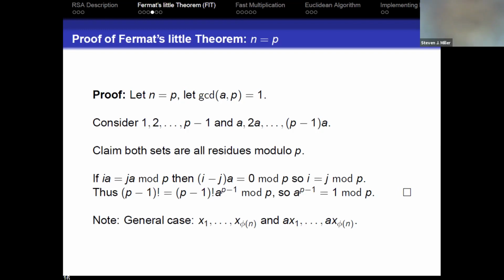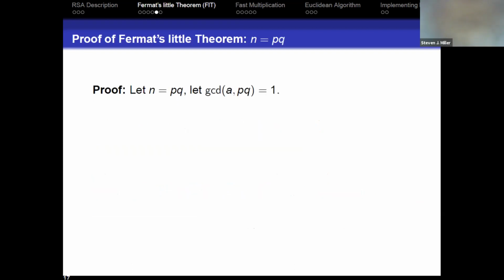Now, the general case. What's nice in this case is we know the numbers are 1 to P minus 1. If I chose a number N, which is not a prime, well, then I have phi of N numbers, I could call them X1 to X phi of N. I multiply each one of them by A. And you can try to do the proof in a little bit more generality. You would have a little bit of symbols to work with. It's not too bad. The same idea still works. I want to avoid going to something like this and just focus on the cases we need. So I love backdoor proofs.